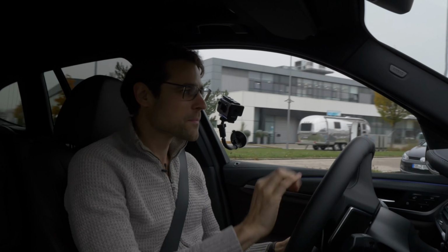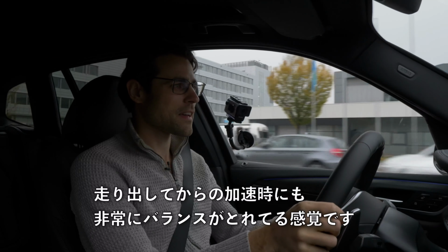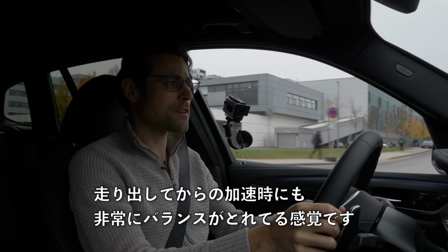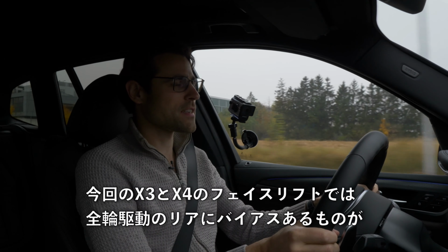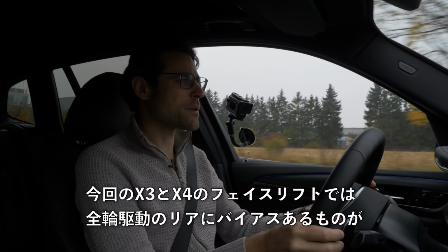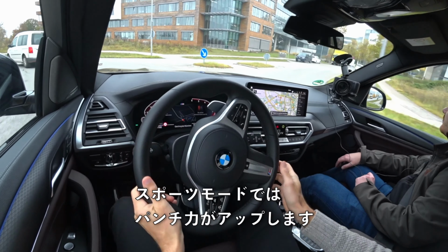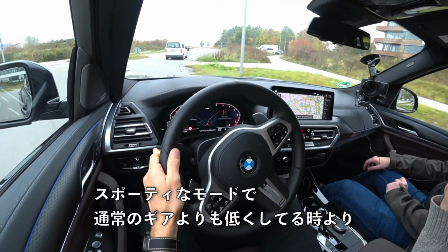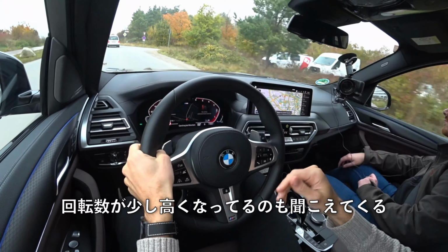Welcome here. Woo! All-wheel drive acceleration, rear bias, and yeah, it's a very good balanced feeling you have here already when accelerating out. So X3 and X4 also in this facelift remain this rear bias from that all-wheel drive. So most models of course come with all-wheel drive, and in the sport mode they give you some extra punch. You also hear that the RPMs are a little bit higher than you usually have, a gear lower than in